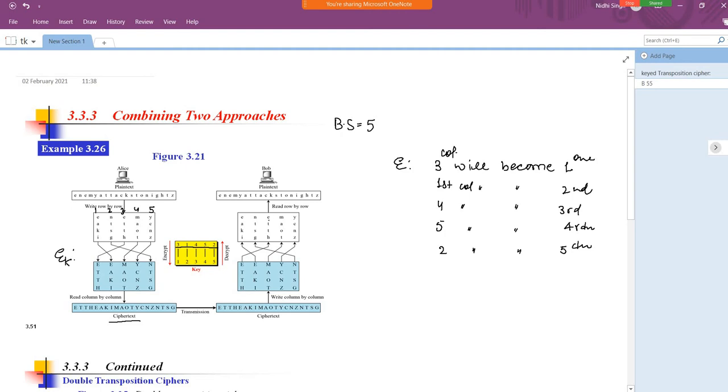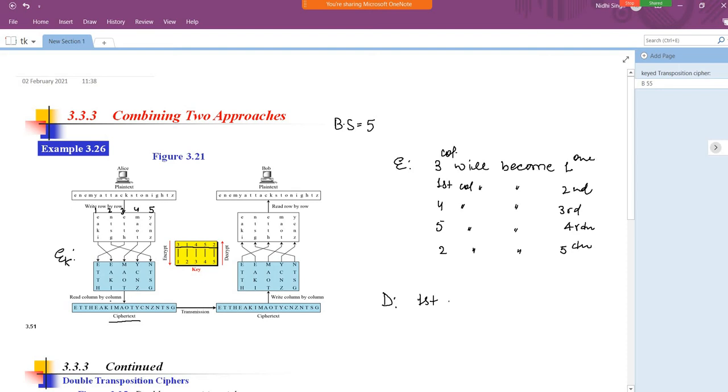Now what about the decryption at the BOB side? At the BOB side, when the transmission happens, the whole ciphertext will be received by BOB. He has to do the reverse in the same fashion, because at the encryption side the last step was reading column by column. So the first step BOB will perform at the decryption side is to write it column by column. After the writing, he has to permute the columns according to the decryption key. How can we understand the decryption here? The arrow indicates you have to go upwards.